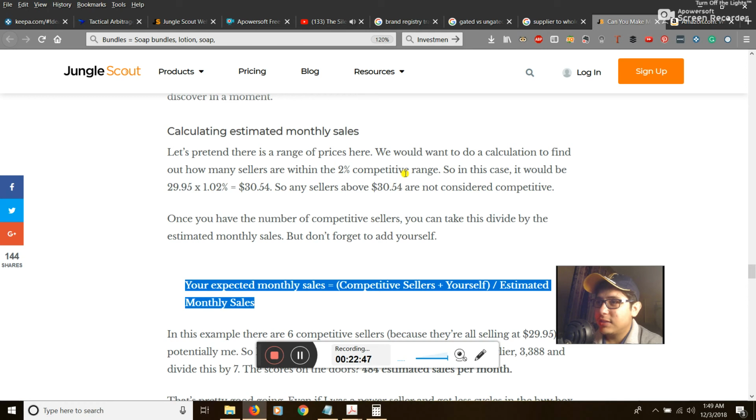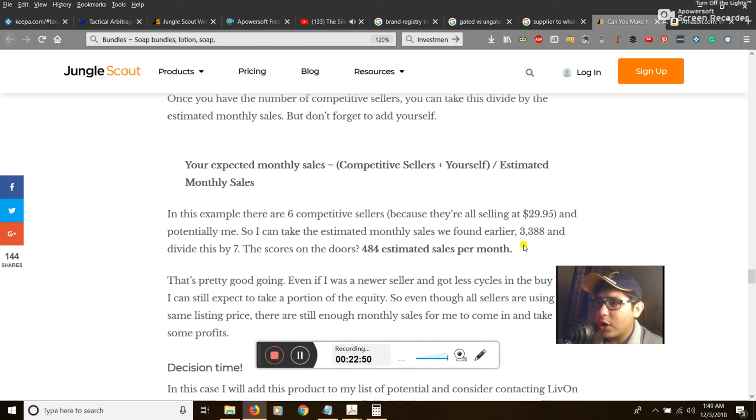for this particular example, they say that there are 3,388 sales per month for all those sellers. So they're saying that those are the units being sold per month. Now, if you add yourself into the formula, you could take approximately this much of units sold per month. If you know your margins of profit, let's say, for example, a $10 margin, meaning $10 profit per unit, so that's 10 times this. That's about